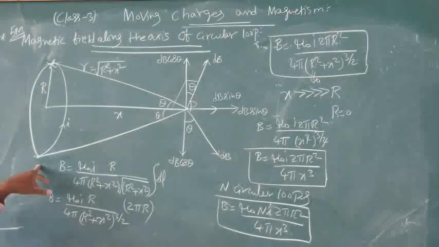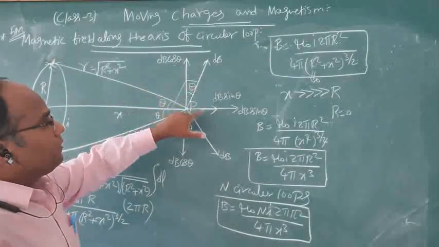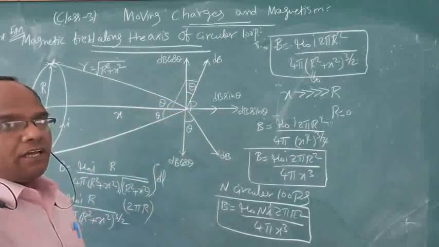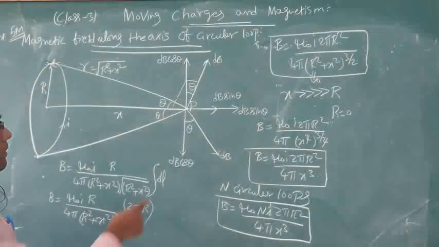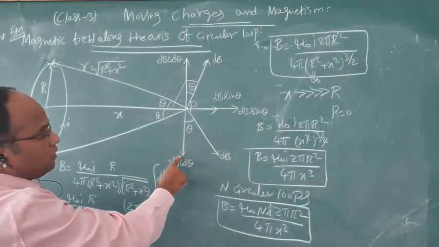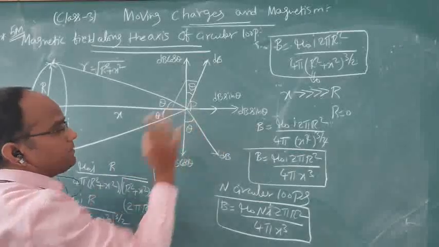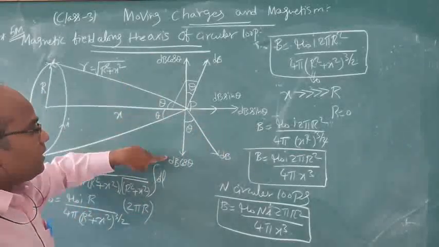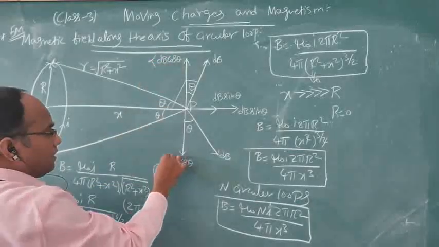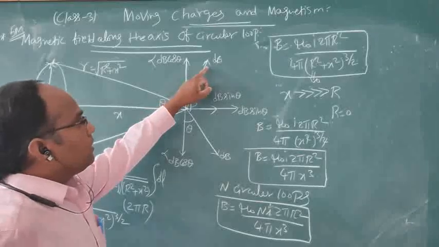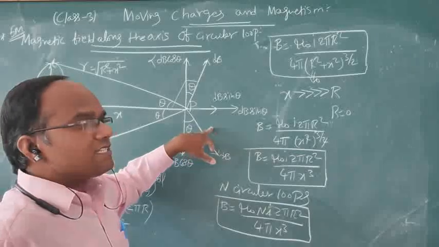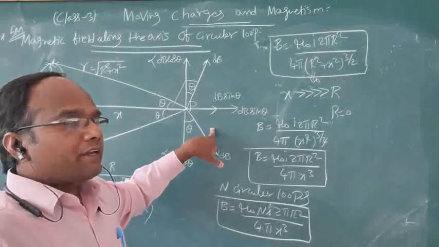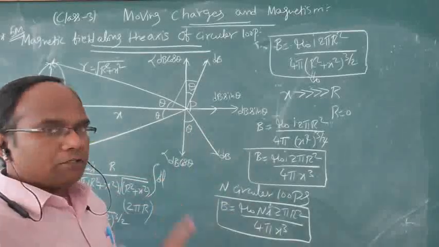So here what happens? It is divided into two components, dB cos theta and dB sin theta. In the same way, here the current is inside and it is coming like this, bending to this side, dB. So it is divided into two components, dB cos theta and dB sin theta. The upper one as well as the lower one will be cancelled. So first it is perpendicular, that's why I have taken dB is equal to mu naught I dl sin theta by r square. Theta is equal to 90. So I have written the equation, and we will get this value.